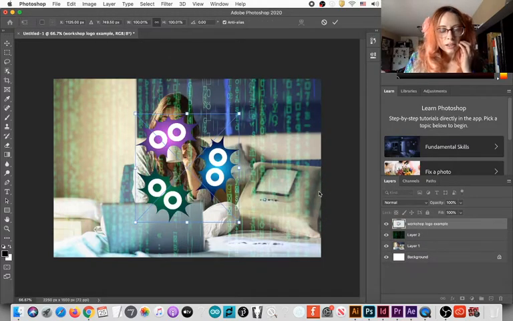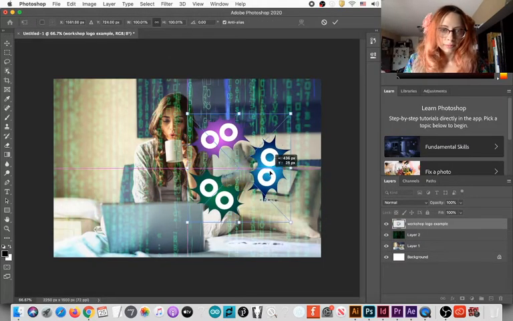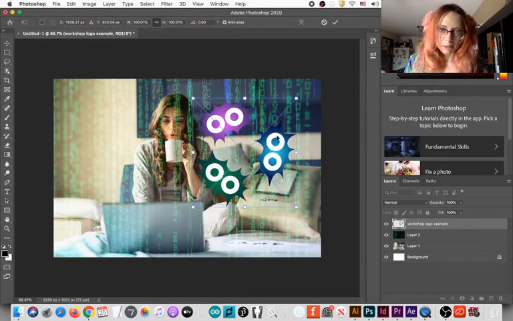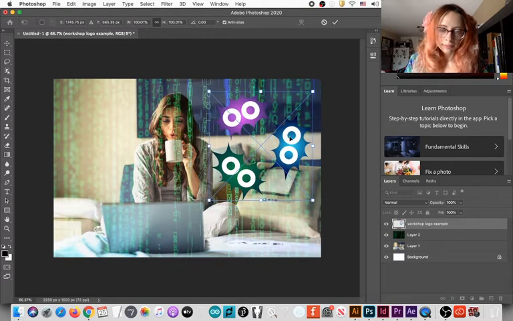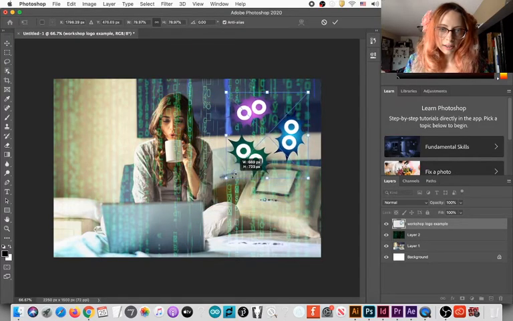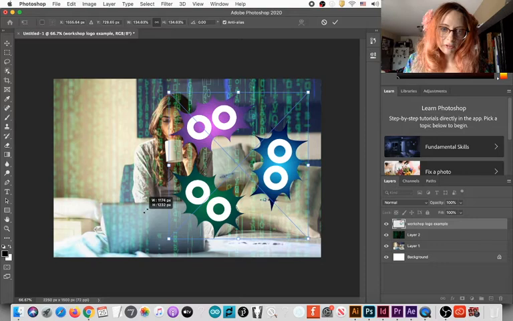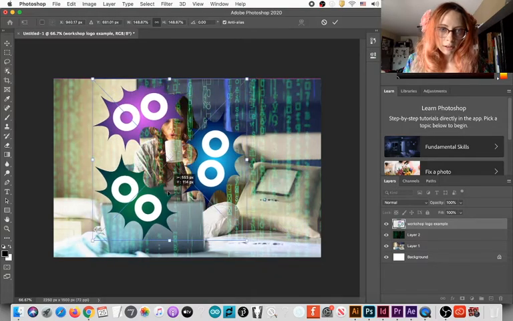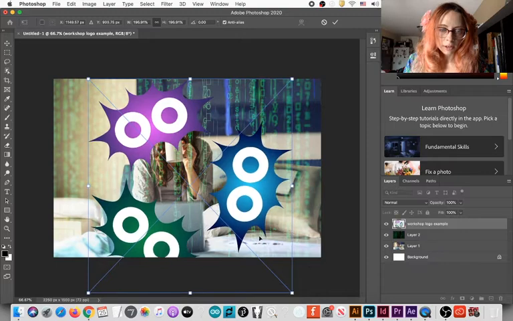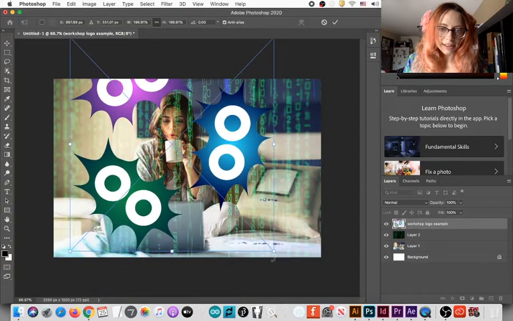So okay, you can see it right here. So, oh, it doesn't look the best. The way that we resize it, it's pretty flexible. It's a vector file that we're working with, so it can be resized indefinitely.